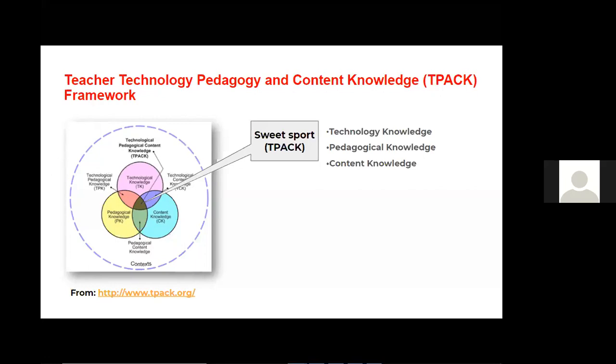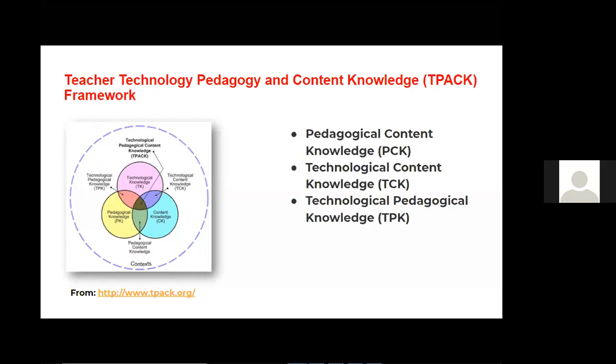But then these three elements of the TPACK framework are interrelated in zones. The zone of interactivity between pedagogical knowledge and content knowledge we call pedagogical content knowledge.